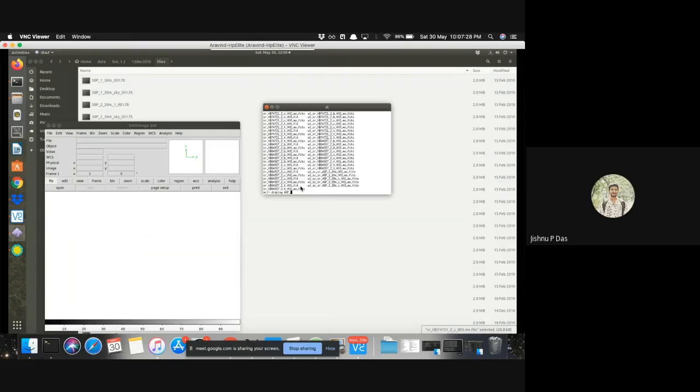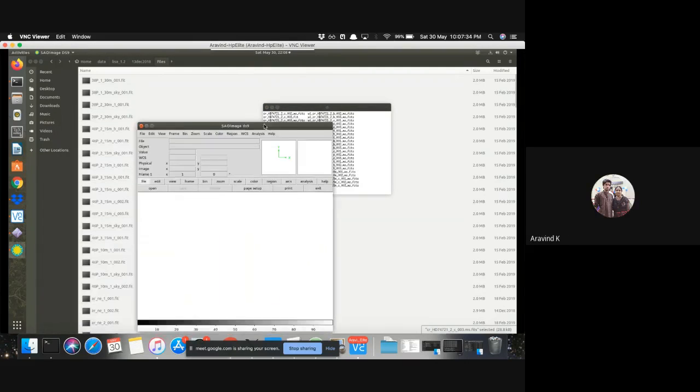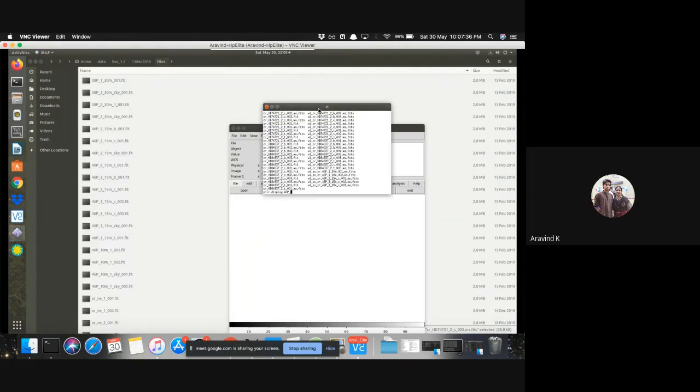A FITS file is a format where most astronomical images are stored, like you have PNG, JPEG. I think it carries a lot of data, right? Yes, basically photons, which are converted to ADU units, the electrical units of the CCD.